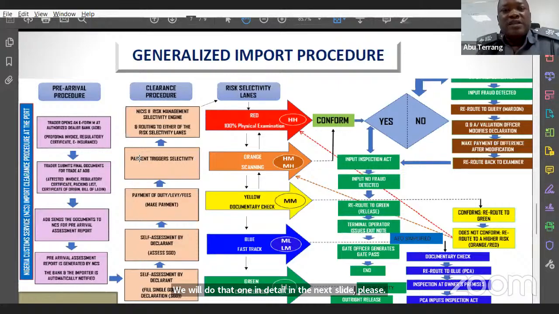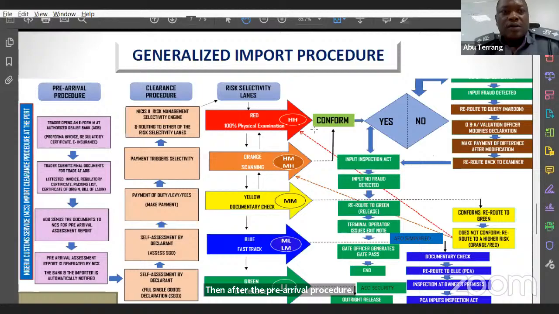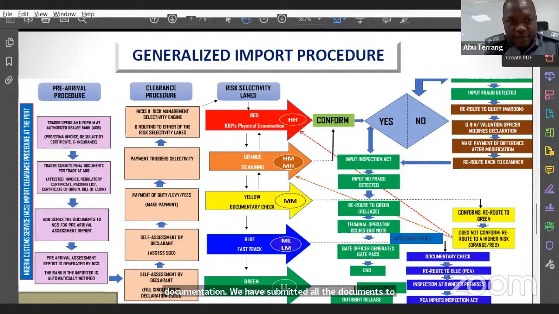The next slide is the generalized import procedure. We have the pre-arrival procedure. Because of time, I will not discuss the pre-arrival procedure because we have already discussed it. Then after the pre-arrival procedure, we have the clearance procedure. It is expected that we have finished the pre-arrival procedure at this stage. We have finished all our documentation. We have submitted all the documents to all the stakeholders. We have gotten our PAN. So at the clearance procedure,